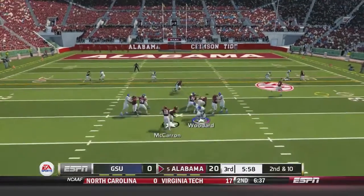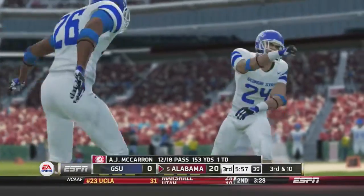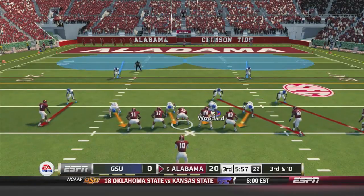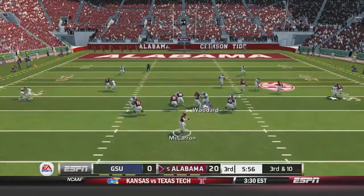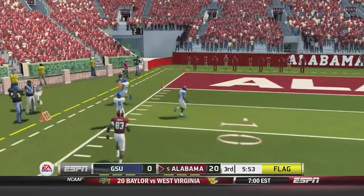McCarron out of the shotgun, fakes the handoff, and Vogel cannot hang on to this catch. That's going to set up 3rd and 10. McCarron in the shotgun on third down. He takes the snap. He's going to fire deep, and this one's going to be caught, but he was out